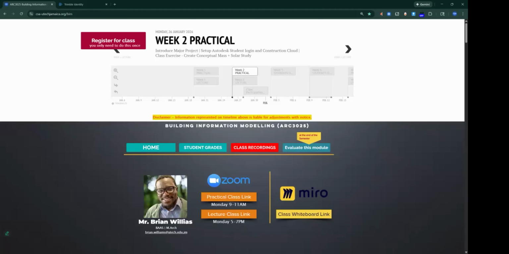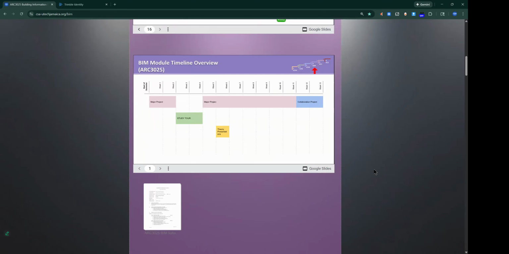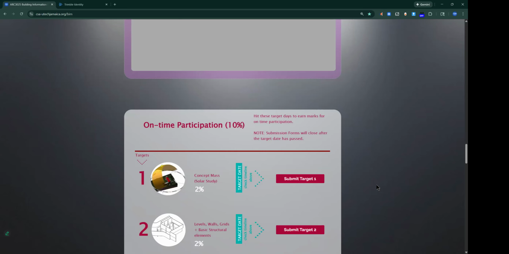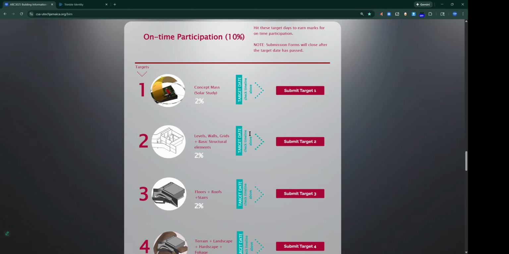Here we go. Remember, we are going to be collecting this project near the end of the semester. However, there are going to be checkpoints throughout, and that's when you get the bonus marks. One of the first checkpoints is going to be the solar study. You're going to finish the solar study before you go off on study tour, because this is something you can do in like half an hour.